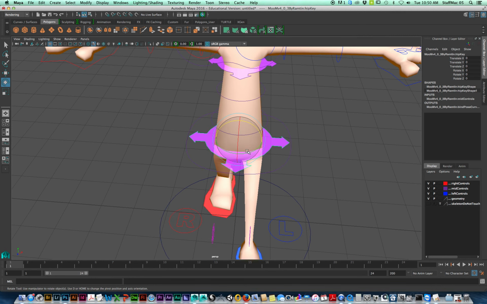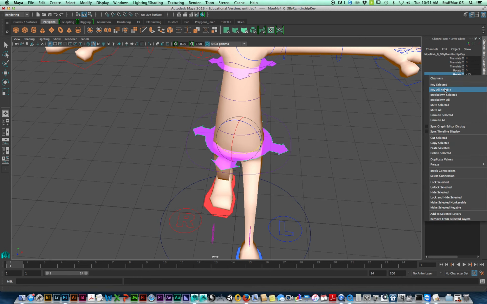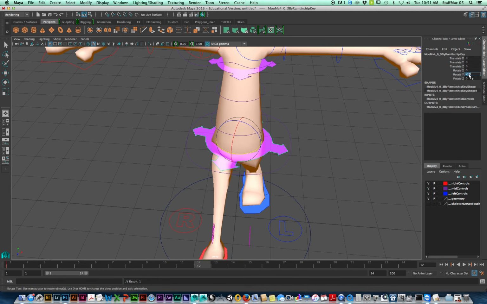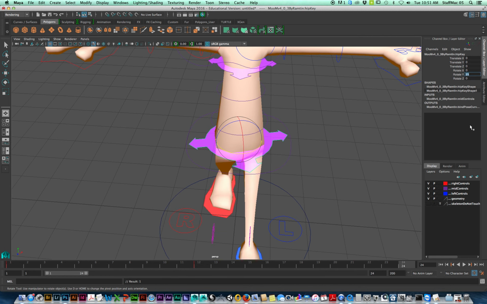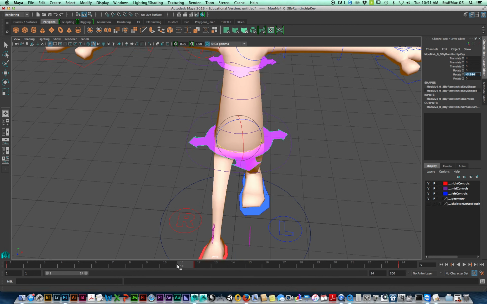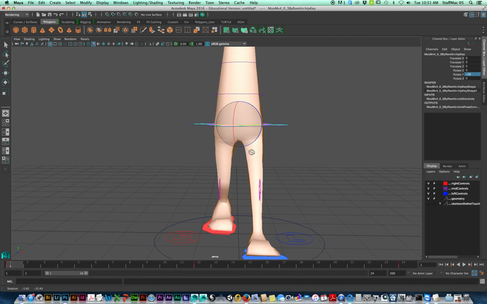So I'm going to rotate it with the leg because the hip will kind of help it. So we'll say -15. Okay, I'm just going to type that in. And then I am going to right click on top of this one and only key rotate Y. I'm going to go to 12. I'm going to type in 15 because that's completely the opposite. And it automatically keyed it. And then I'm going to 24 and just type in -15 again. Okay, so you'll see the hips just move with the legs. Pretty simple. Okay, the next thing that needs to happen is